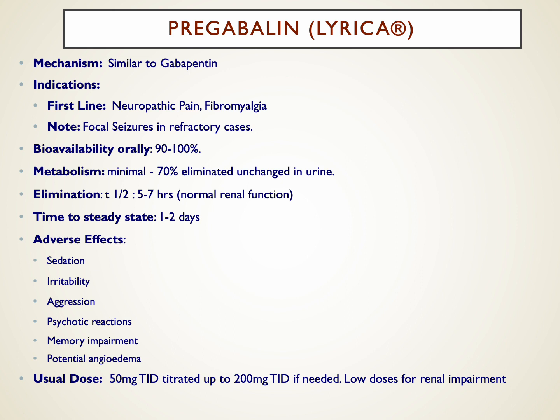Pregabalin or Lyrica, also similar to gabapentin, is primarily used for neuropathic pain or fibromyalgia. It can be used in refractory cases or as add-on therapy in focal seizures, but again, I don't see that used very often for that purpose. Typically, neuropathic pain and fibromyalgia are the reasons we use either gabapentin, which is generic, or this agent, pregabalin. And in many healthcare settings and in insurance sources, they may not have Lyrica on formulary or not as a first-line agent, and you'd have to have failed gabapentin before you have access to Lyrica.